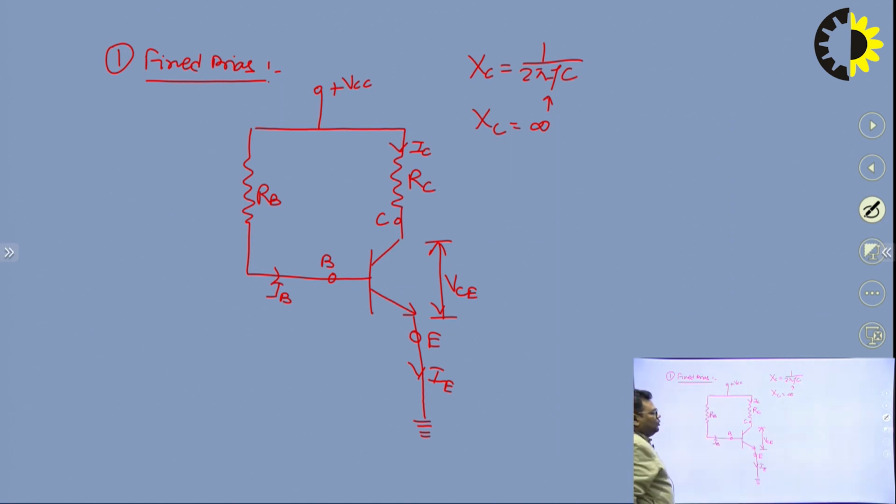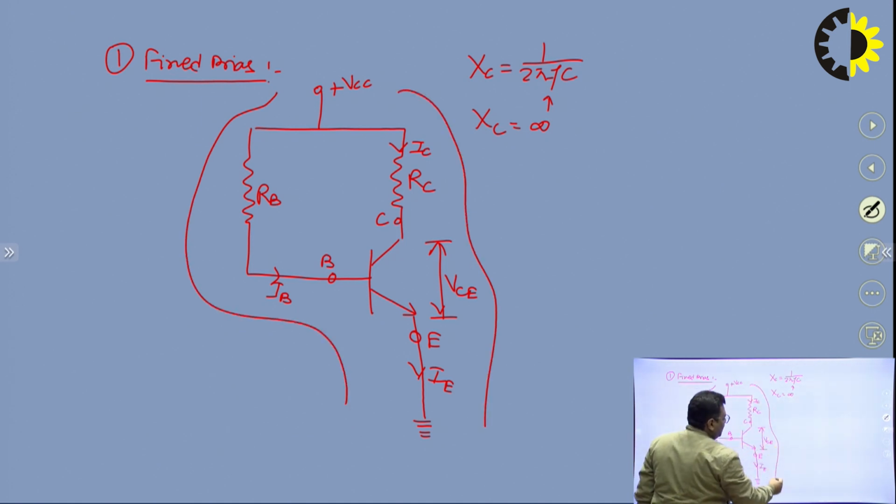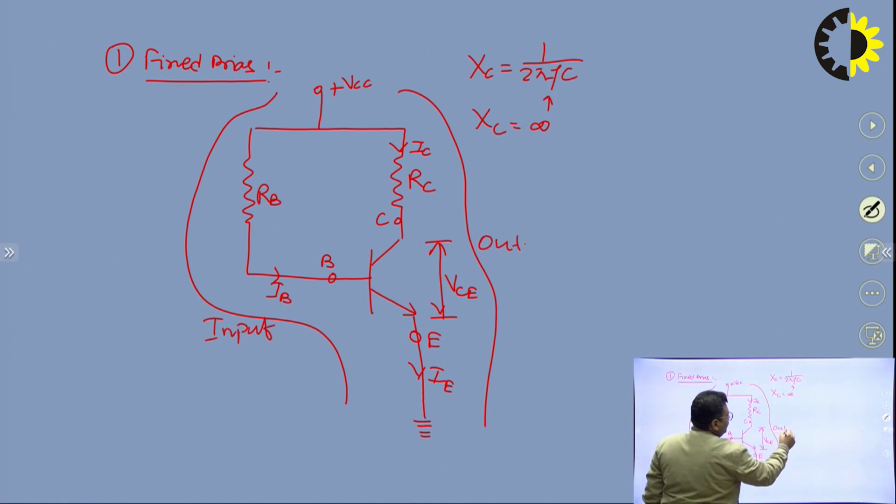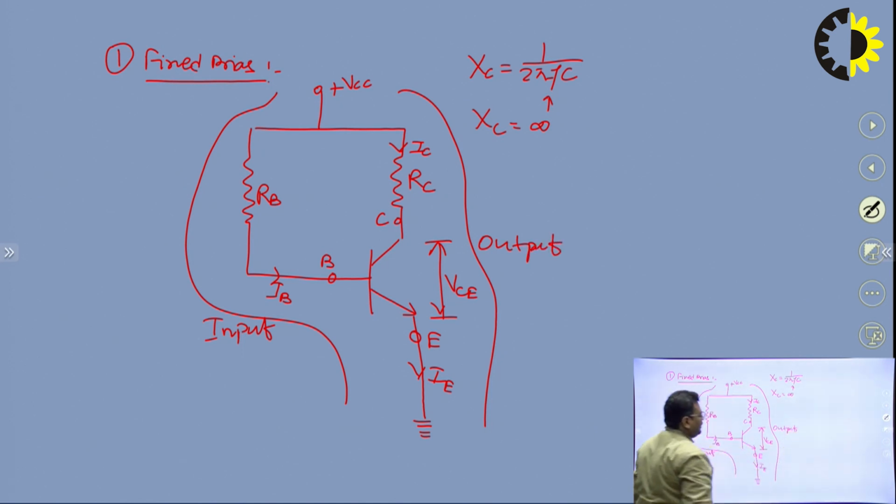Now what we have to do is apply KVL at the input side and apply KVL at the output side. This is our input side, and this one is your output side. So if I apply KVL at the input side, then what I will get is that the total voltage is VCC, then